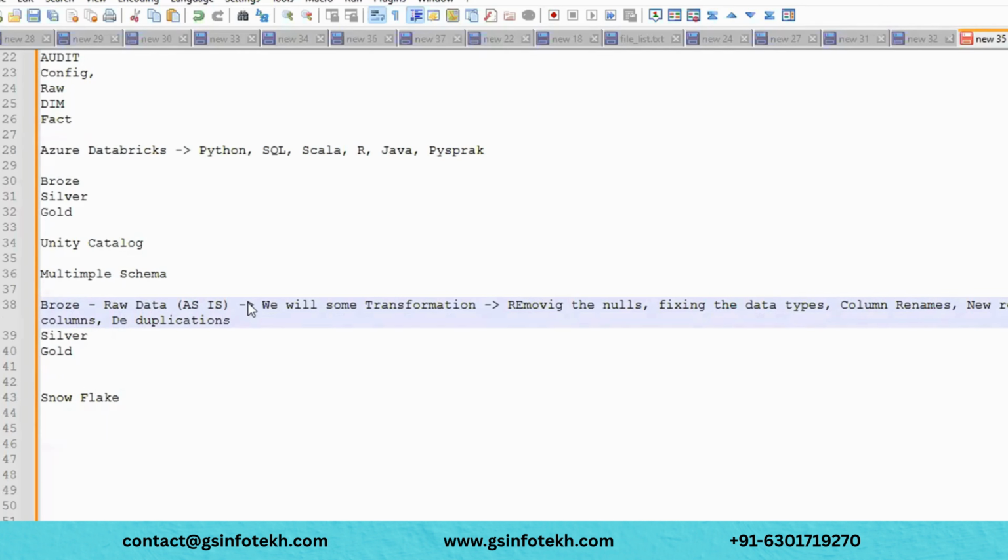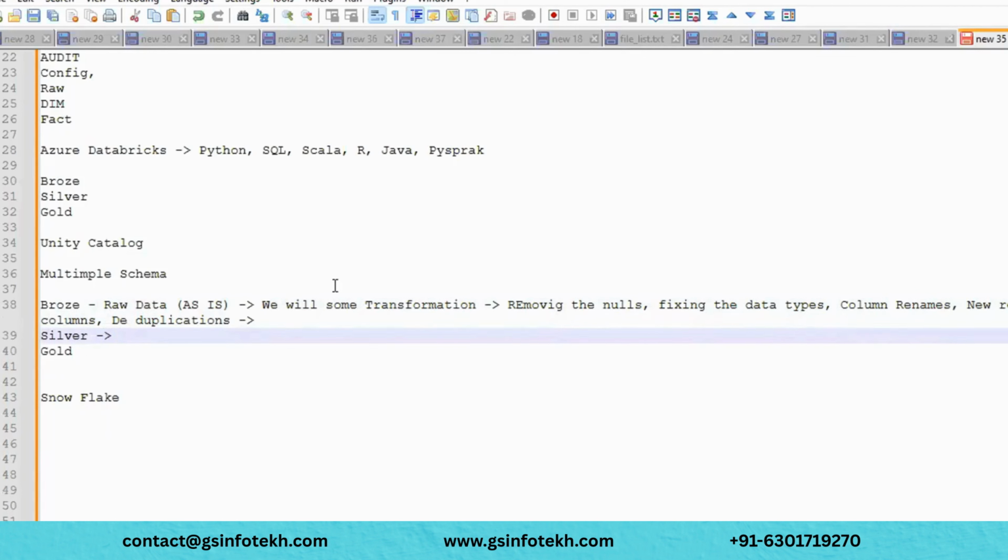All these kinds of operations we are going to perform. After applying all these transformations we will move the data into the silver layer, and this data is cleaned data. Everything has been fixed.